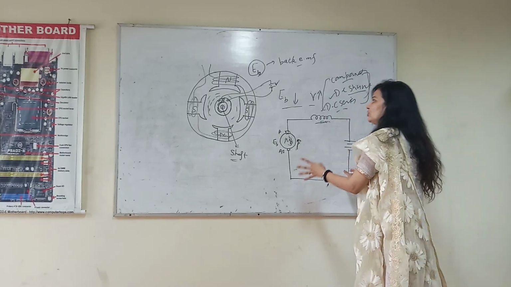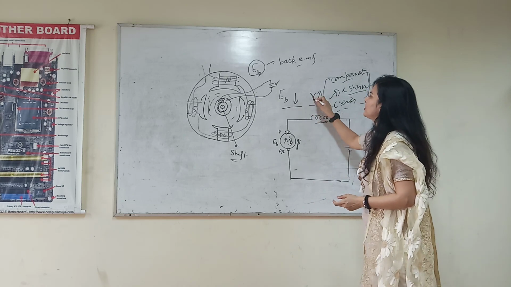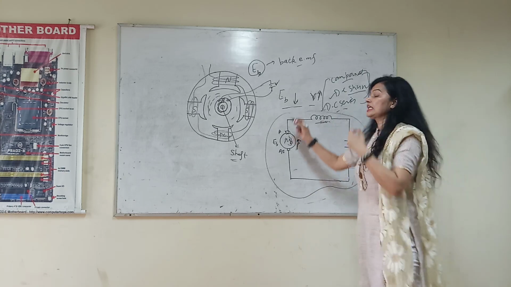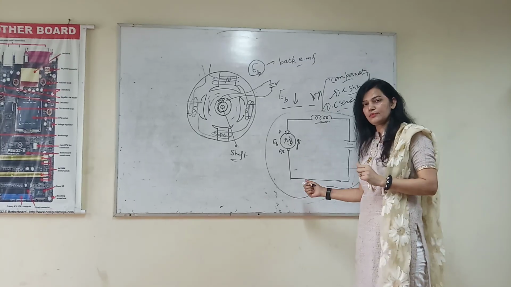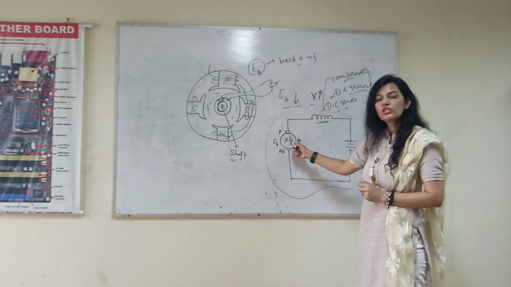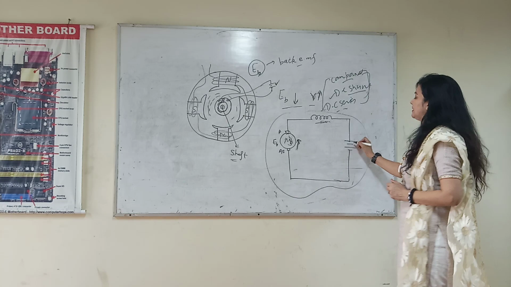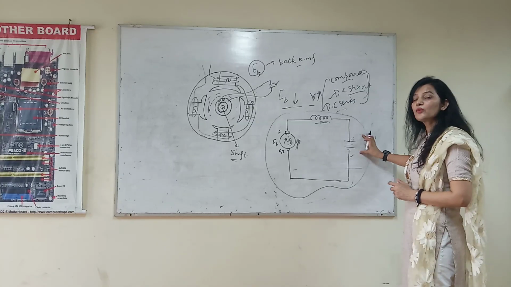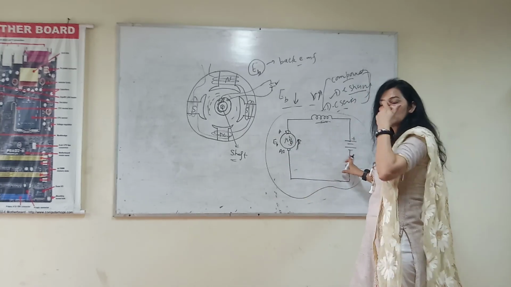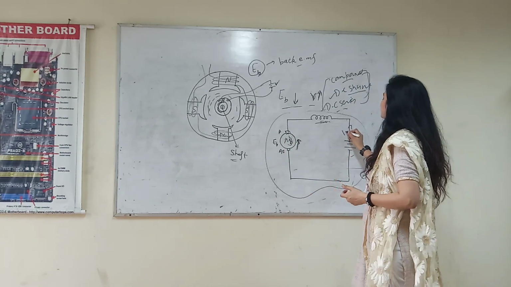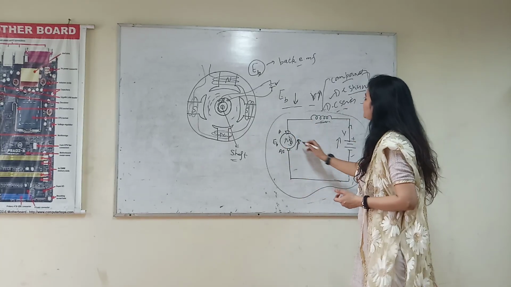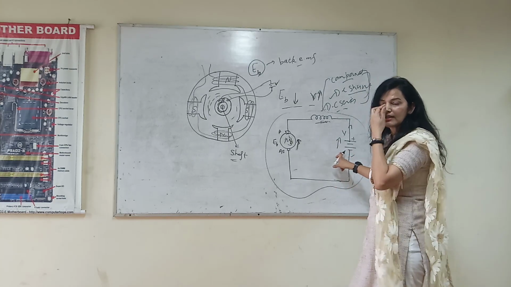So we'll show that this EB will be in opposite direction to V. With the help of this diagram, this is the equivalent circuit diagram of a DC series motor. There is an armature, and back EMF is induced into the armature in this direction, but this is the positive negative supply which we provide first to the armature terminal. The armature terminal is connected to the supply. So this will be like this. What will be the direction of EB? From here to here. So it is in this direction, but V is in this direction.